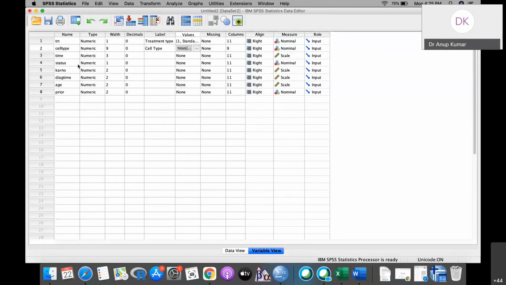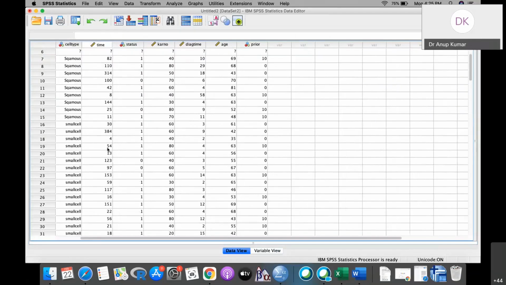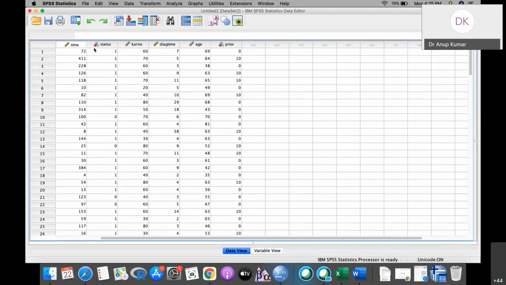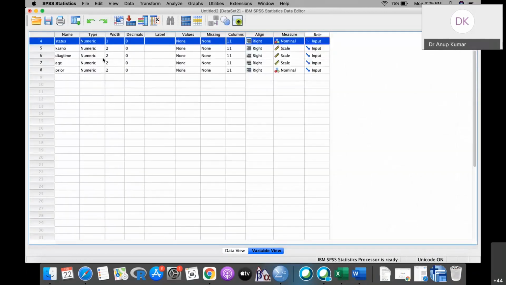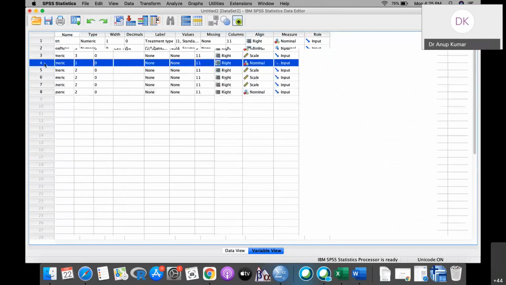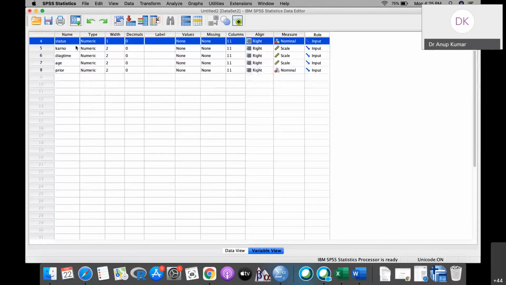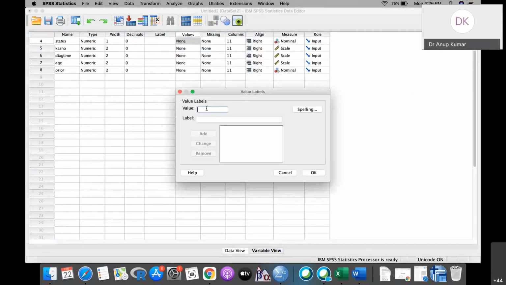So now another important variable is the time variable and the status variable. Okay, these two variables are very important whenever you want to do any kind of data analysis in SPSS. But what is happening with this status variable is that it is nominal, but what is the meaning of 0 and what is the meaning of 1 is not clear. So here you have to write down what the value of 1 is. 1 stands for event, okay, and 0 stands for censored.